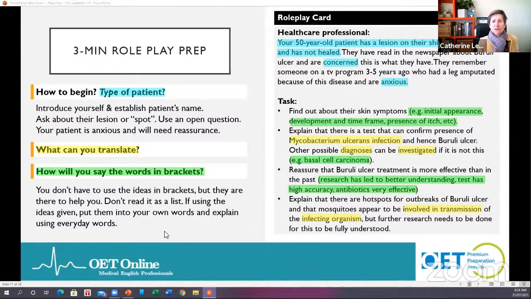Important. A lot of students make a mistake here when they see the words in brackets. You don't even have to use them. Maybe you've got other ideas and you want to do it differently. That's okay. And Mozzie had this question about, can we make something up? Well, maybe you want to use your own ideas for these points in brackets.